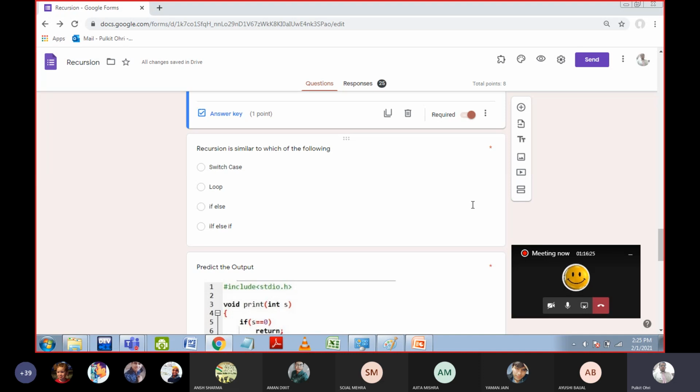I think we have done a question in which I wrote the continue statement. You remember? In one MCQ question I wrote the continue statement instead of break and the error was the answer. It means the continue statement cannot work in the switch case. You cannot execute the switch case or if else if again and again. You can execute these things only one time. But loops can be executed many times. So similarly, recursion works like a loop. In the loop, you repeat again and again till you reach the stopping condition and it stops there.